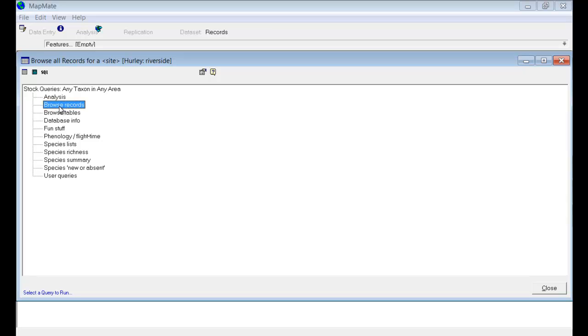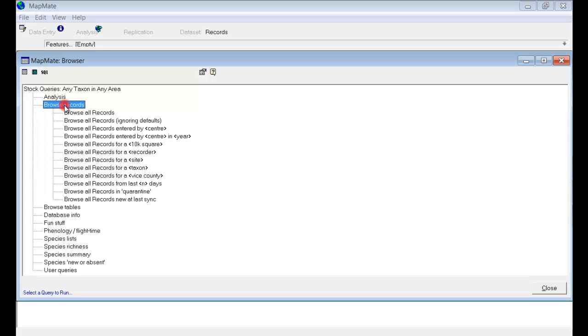So, for instance, if you were about to send your records to your BSBI county recorder, but there was a particular part of the data that you didn't want to include in the sync file for some reason, perhaps you're still checking through it, for instance, then what you need to do is to get all the data that you don't want to pass on into one of MapMate's browse lists. For example, you might want to send all of your records except those for a particular site where you're still checking through them. So if we browse all records for a site,